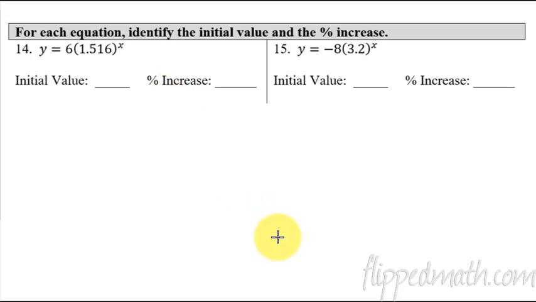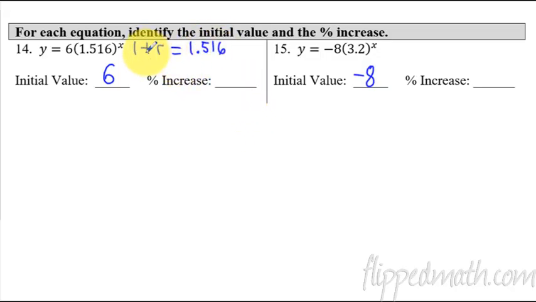Now let's work the other way. Let's go backwards. If we start off with the initial value, this isn't too bad. Our initial value is 6 here. Our initial value on this one, -8. That's the easy part. But now here's where it gets a little bit weird for kids. I'm going to write this out here. We need to write, and I didn't leave you a lot of room, so kind of squeeze this in, 1 plus the r equals